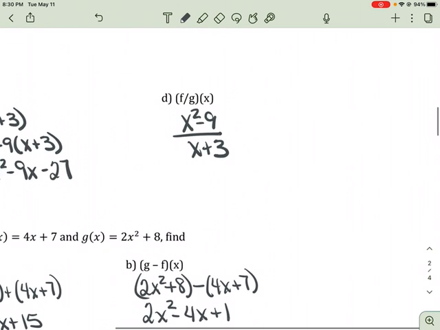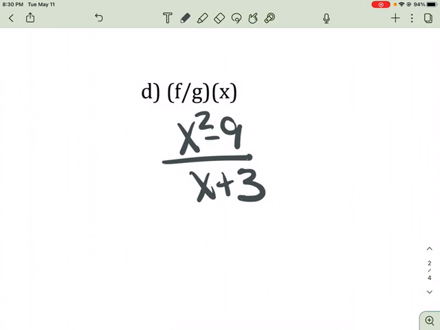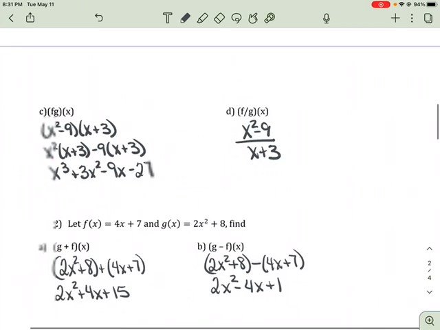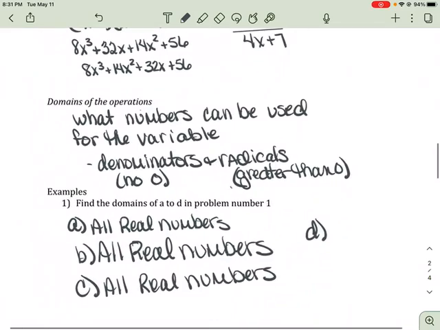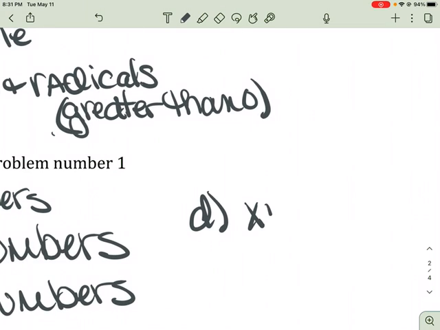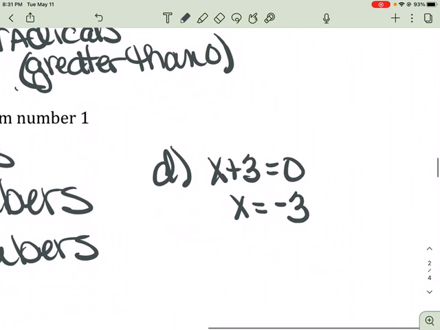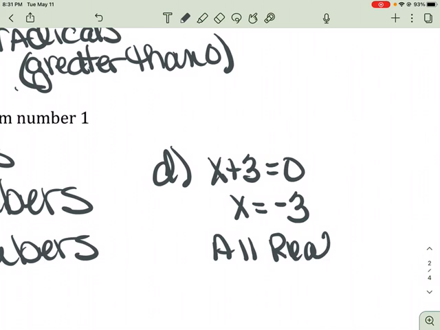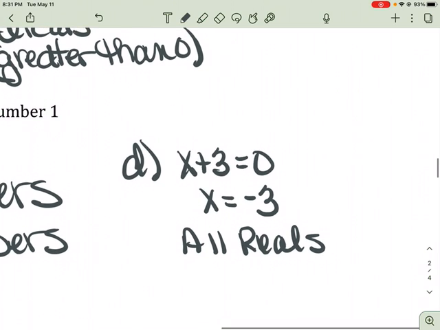D is the division. Okay, now because we have a fraction, we said we can't have 0 in the bottom of the fraction. We know that. So I'm going to take my bottom, x plus 3, set it equal to 0 to find out what would make me get 0. That's negative 3. So our domain is going to be all real numbers, except